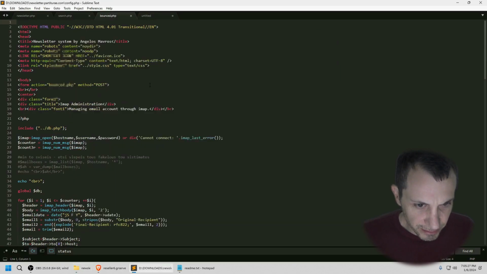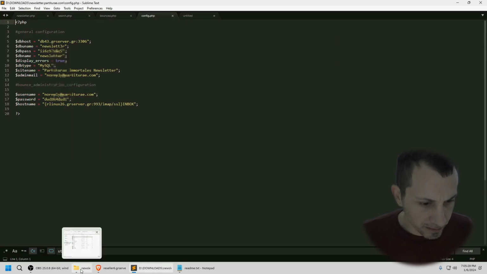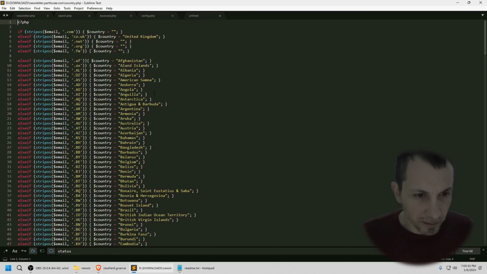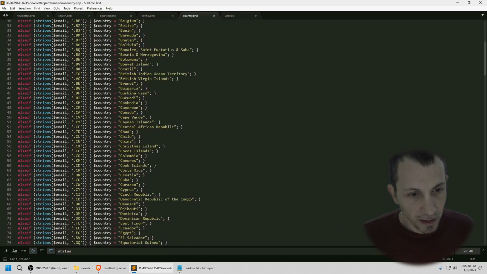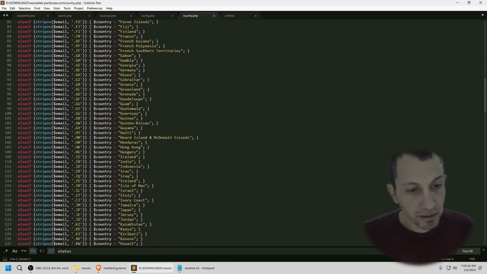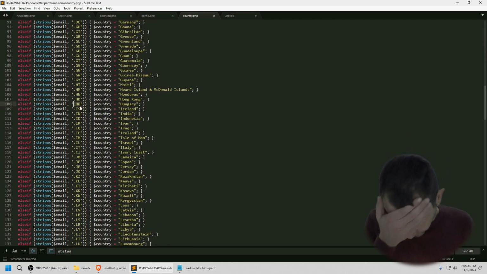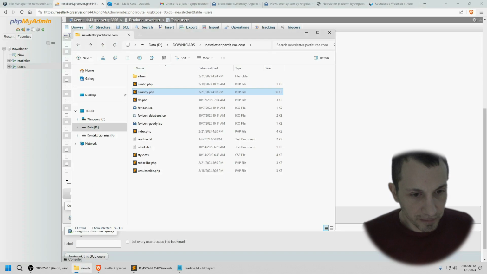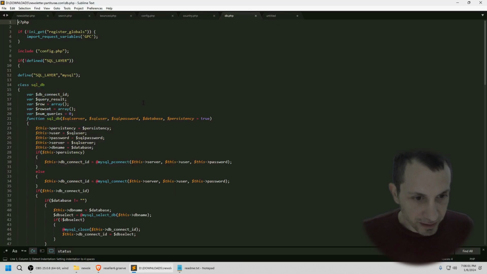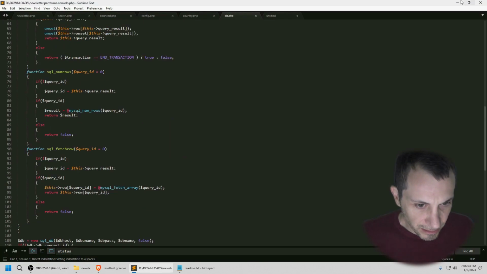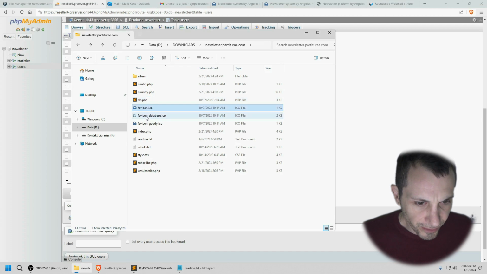Those are the files: the config file, the countries file that detects the ending of the email address and converts it to a letter code, DB is the file that connects to the database, and I made a favicon. I made 2 favicons. I will keep this one.